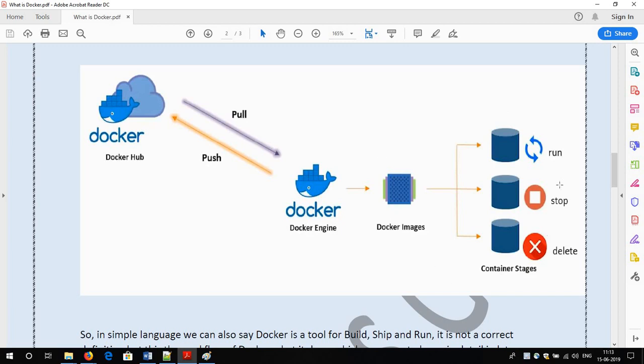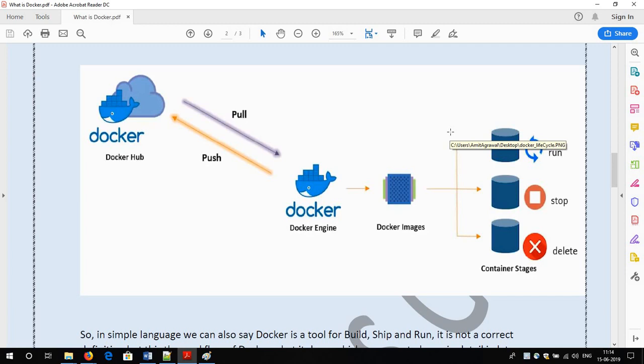See, what is the difference between an image and a container? When your Ubuntu image is in the static state or stopped state, it is called an image. But if I run it, and the image is in the running state, it is called a container. So when I run this Ubuntu container, immediately it is considered a container. Okay. So now I have my Docker Ubuntu container. This is in the running state.